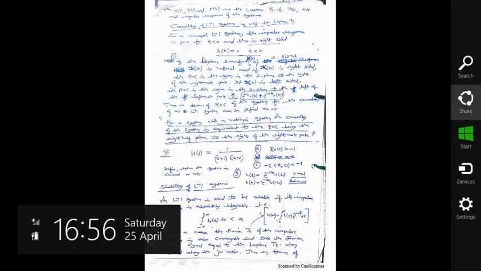But when you check the condition of causality for an LTI system, the general condition was that the impulse response should be zero for the values of n or t which are less than zero. That is, for negative values of t or n, the impulse response should be zero to define an LTI system as a causal LTI system. These were the conditions when you are using the time domain.